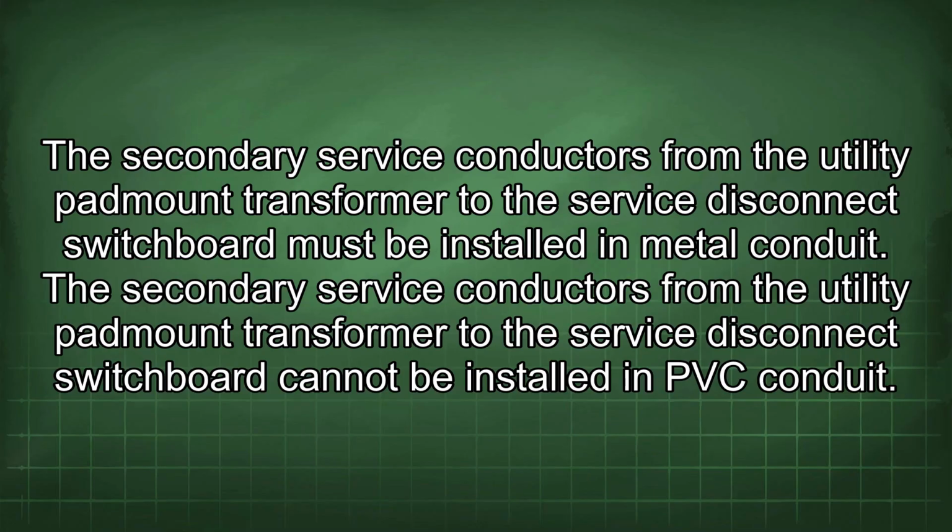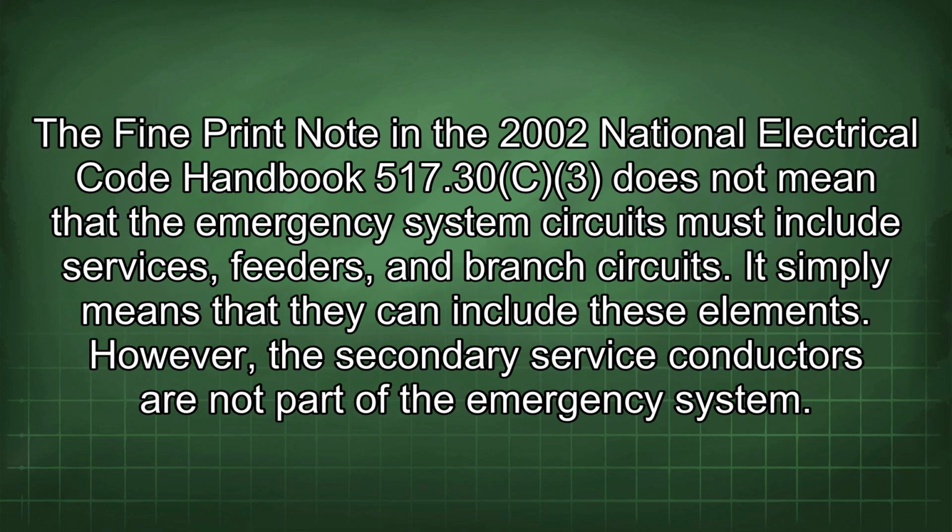Secondary service conductors from the utility pad mount transformer to the service disconnect switchboard must be installed in metal conduit. The secondary service conductors from the utility pad mount transformer to the service disconnect switchboard cannot be installed in PVC conduit. The fine print note in the 2002 National Electrical Code Handbook